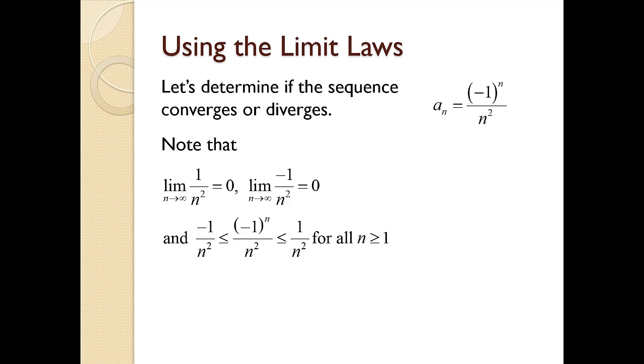Also notice that negative 1 to the n over n squared is always equal to one of those two sequence values for every single n. Negative 1 to the n over n squared is either equal to 1 over n squared or equal to negative 1 over n squared. The only thing that matters is whether n is even or odd. If it's even, then it's equal to the one on the right. If it's odd, then it's equal to the one on the left. So by the squeeze theorem, I can then say that the limit of negative 1 to the n over n squared